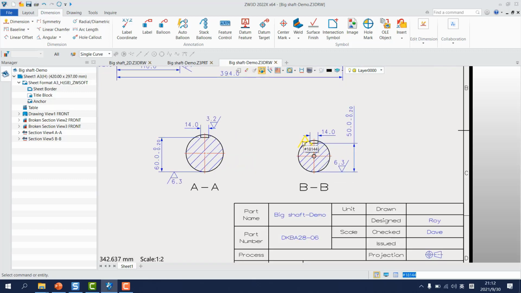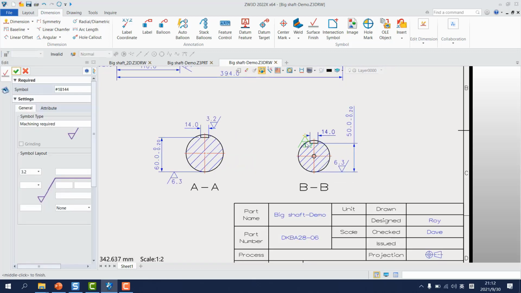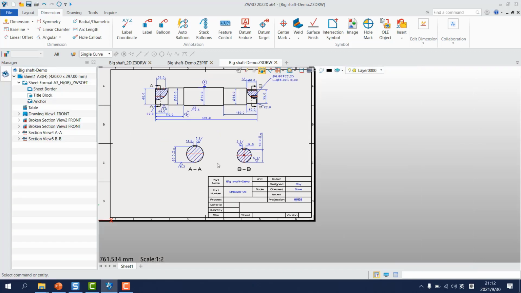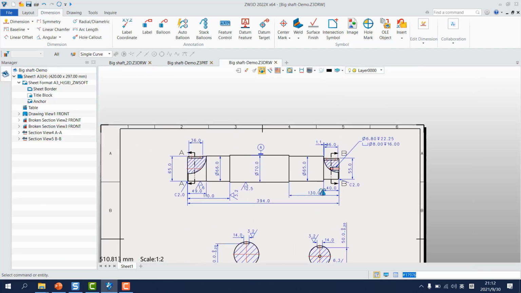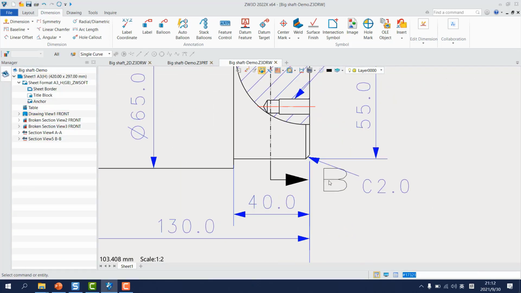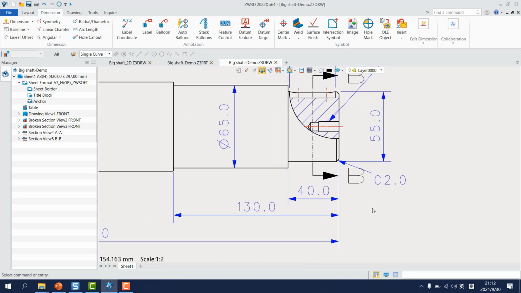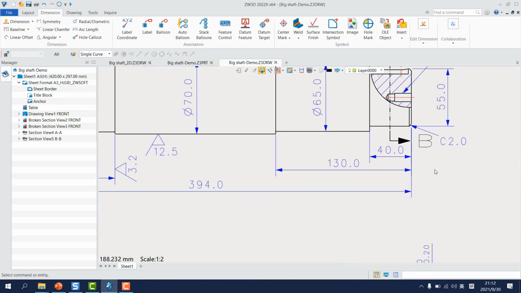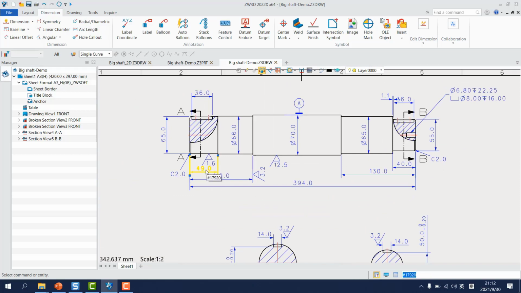And for this surface finish, the direction is not correct, so we just double click to edit, change the direction. Okay, and for this place there's some crossing, so we just select this, make some modification, move. Okay, and also we can move this